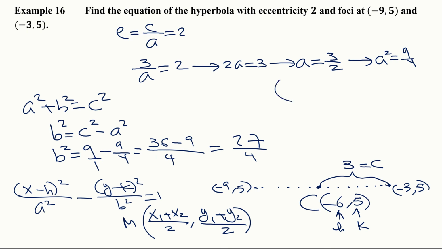So we have x minus negative 6, which becomes x plus 6 squared over a squared. a is 3 halves, so a squared is 9/4, minus y minus k, which is 5, over b squared, which we found to be 27 over 4,